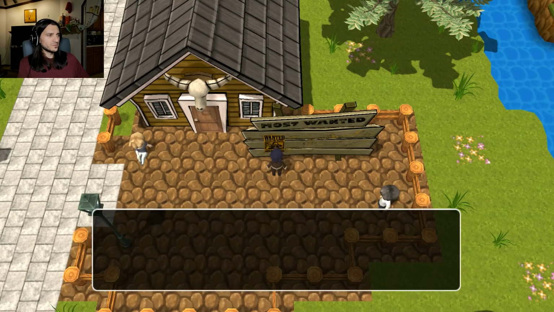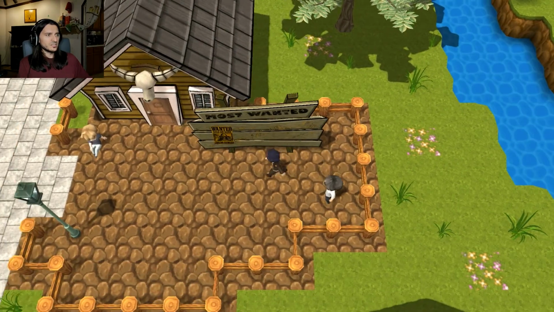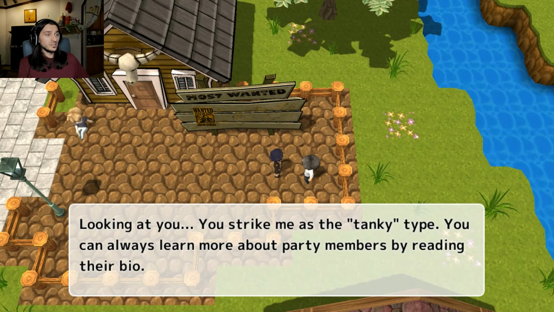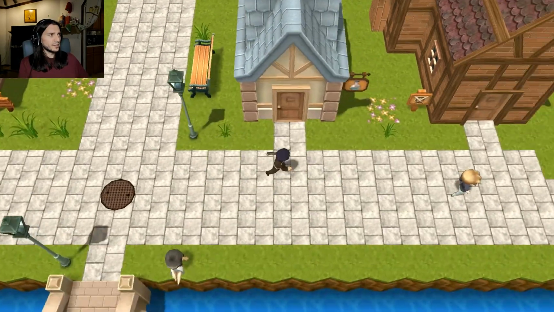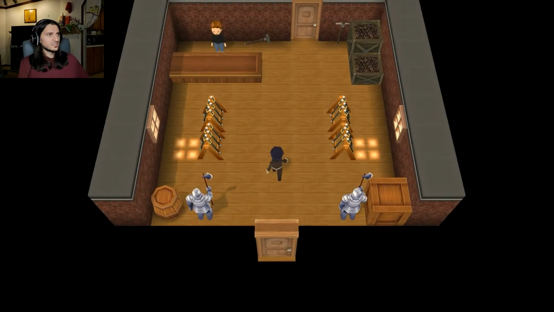I'll take the bounty poster for the Rat King, and yeah, there's a lot of content in just this demo. I have been told, yeah, looking at you, you strike me as the tanky type. You can always learn more about party members by reading their bio. Oh, you know what? I just remembered. I basically am going to be the tank, because there's other party members that join anyway. It's not really a